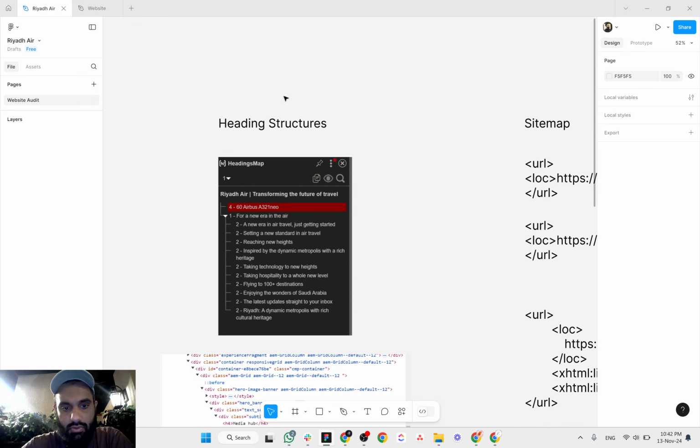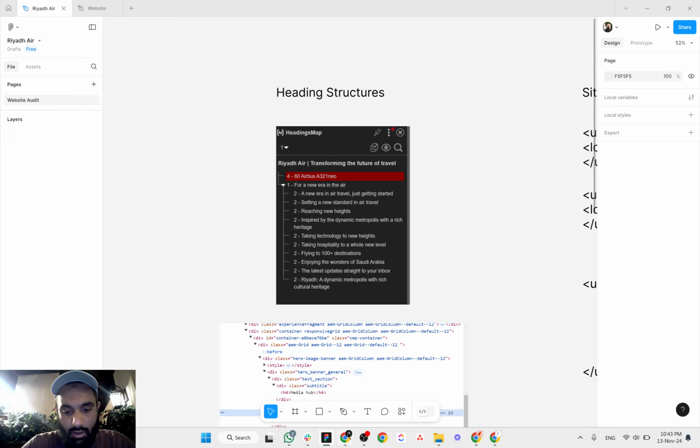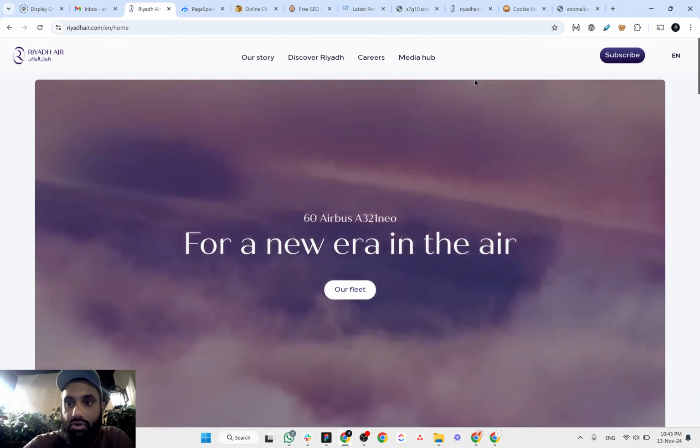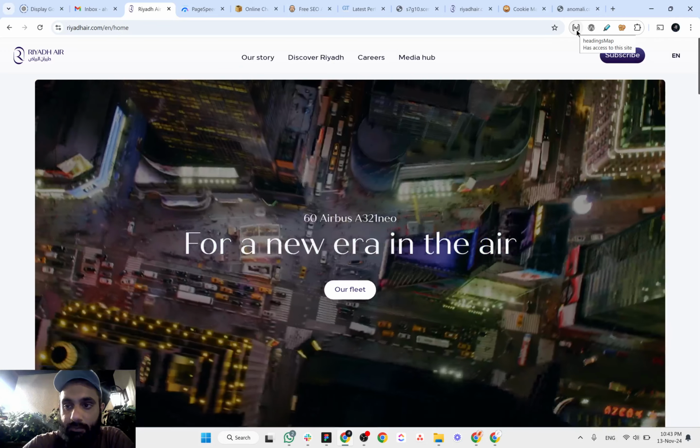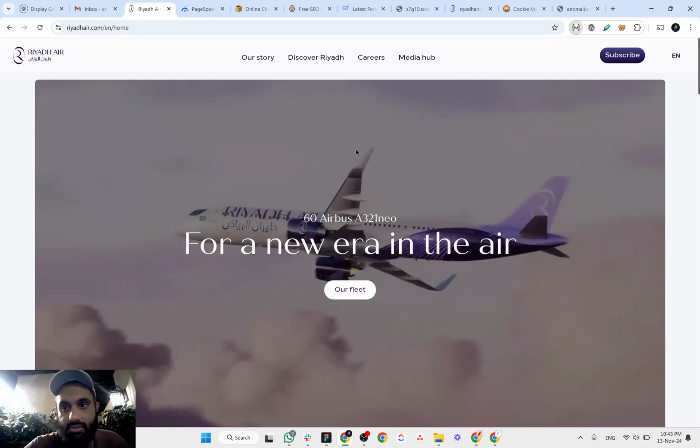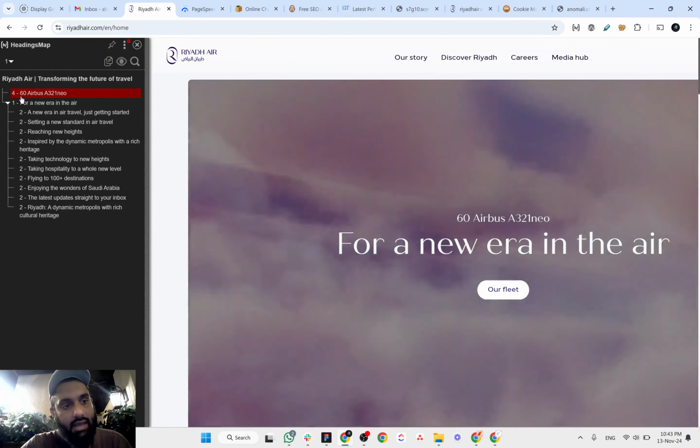So the heading structure, which is very important from the SEO perspective, as well as for website accessibility. You know that many people visit websites through screen readers. So screen readers actually move with the heading structure. That's why the heading structure is very important for the SEO and for website accessibility. So if I just visit the site, and you can install this extension in your browser as well. This is called Headings Map. I can click on it, and I can see